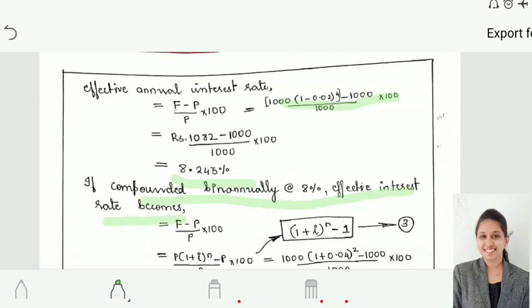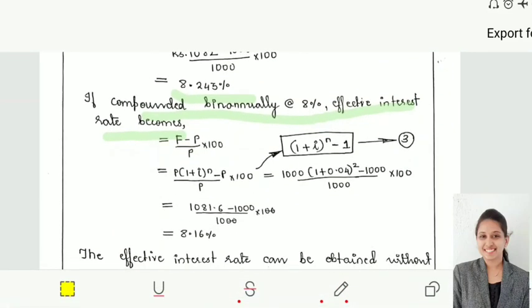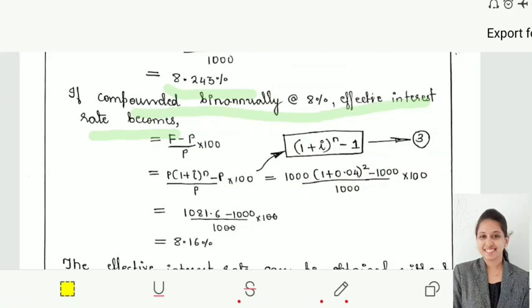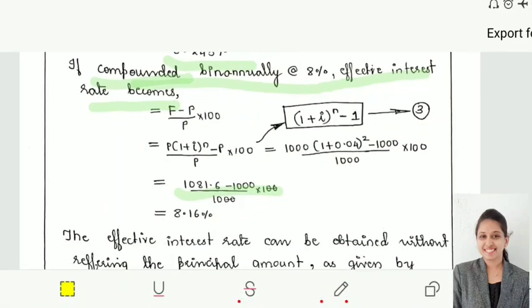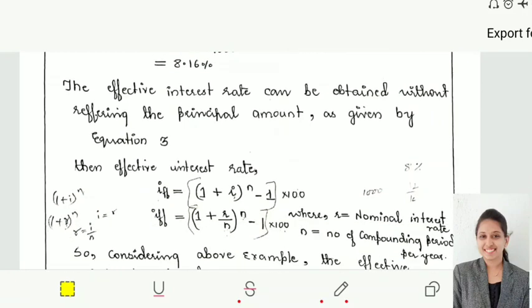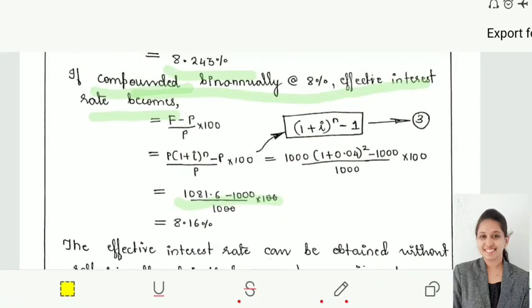Now this was at 4 quarters, right? So if you consider biannually, then how much will be the value? So you are able to see biannually, if you consider here 1 plus i raised to n minus 1. Thus if compounded biannually at 8%, now we know we will be obtaining 8.16%. You can solve and check this. Thus the effective interest rate can be obtained even without referring to the principal amount as given in the equation